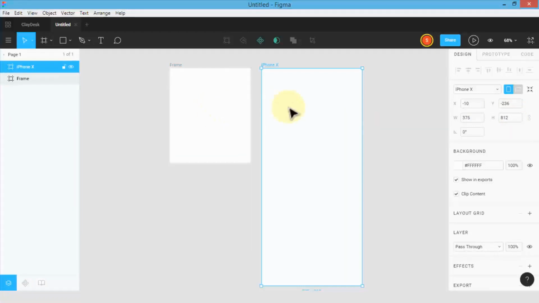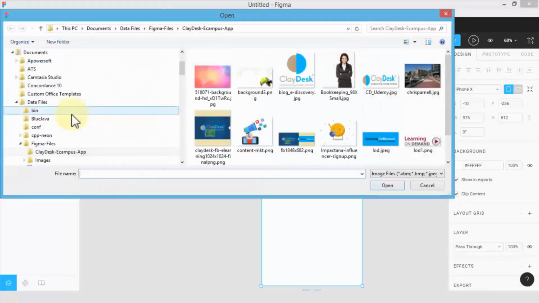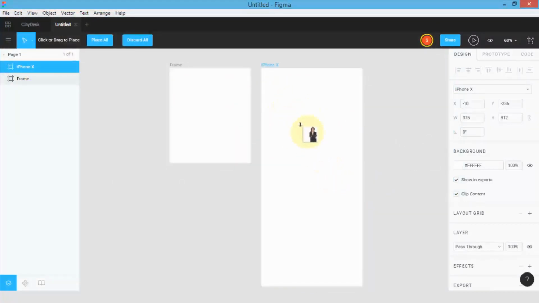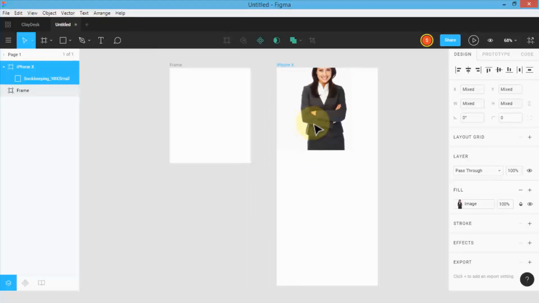And once I have frames, I can simply add a background image to the frame. So select the frame, go back to my menu, click on place image, which brings up my Explorer. I can simply choose any image I wish to insert. So for example, I'm going to choose this bookkeeping image, click open, and notice I can either drop this image on the customized frame or on the iPhone 10 screen size. So it depends on your own choice. So just click on where you want this image dropped, and notice it snaps to the actual